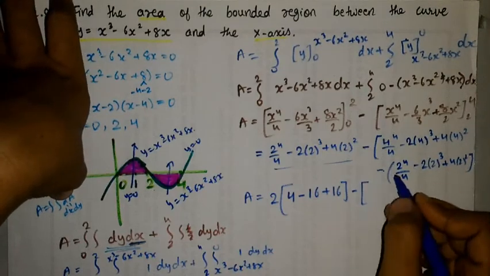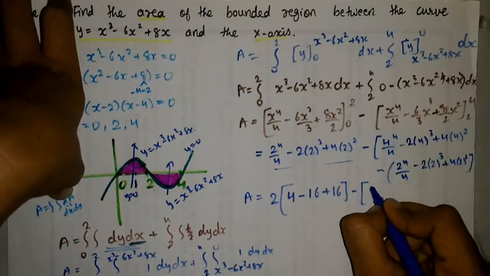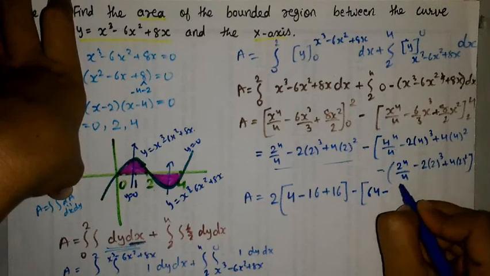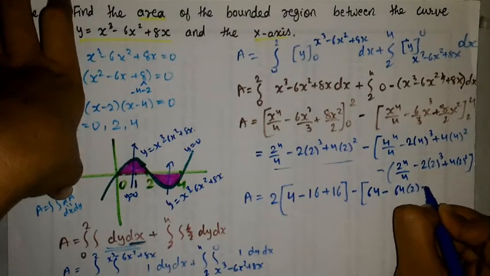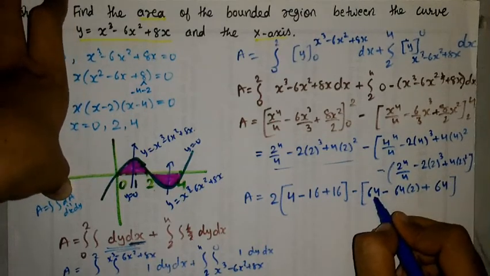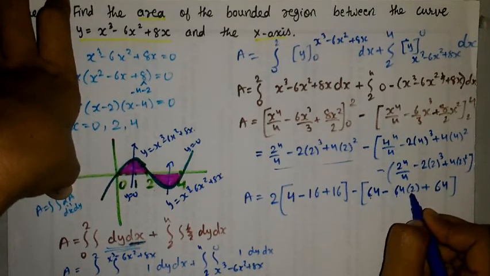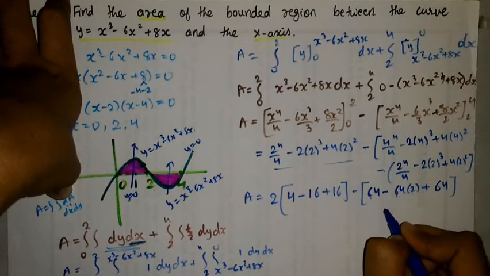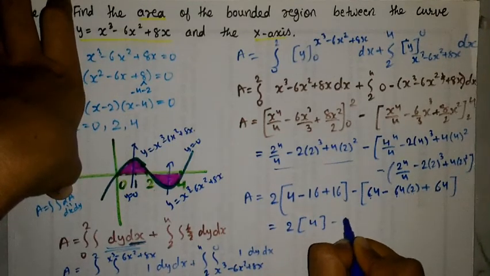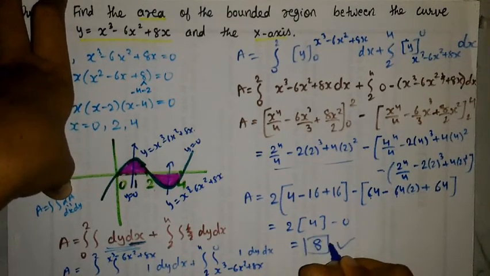Solving this, we get 4 will get cancelled, 4 cube is 64, 4 into 4 is 16, 16 into 4 is 64, minus 4 cube 64, 64 into 2, plus this will be 64. So we can clearly see that here 64 plus 64 will be twice of 64 and here we have minus twice of 64, so this whole will get 0. So this into this plus this 0, so 4 minus 0 gives 4, twice of 4 is 8. So 8 is our answer.